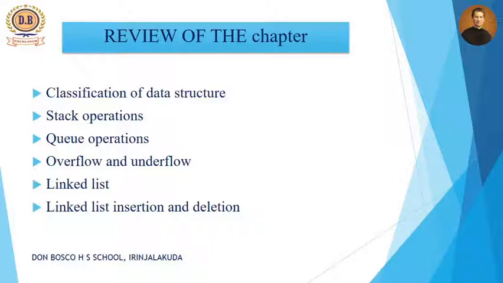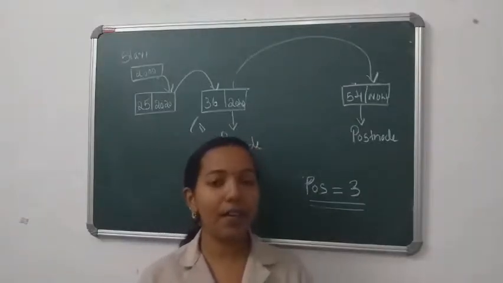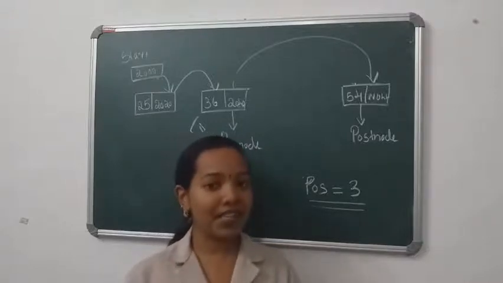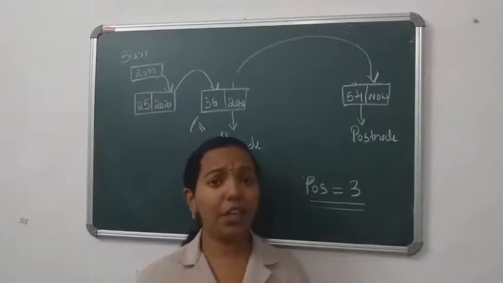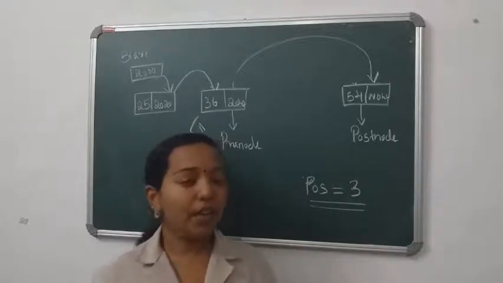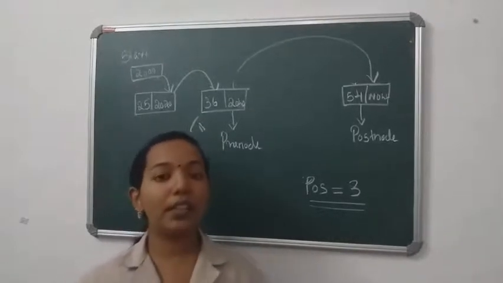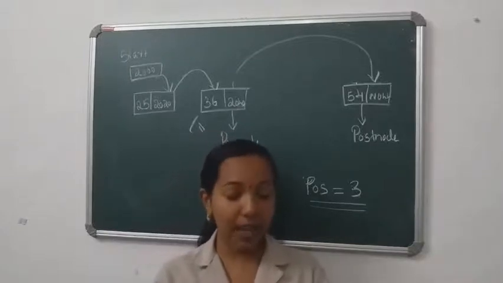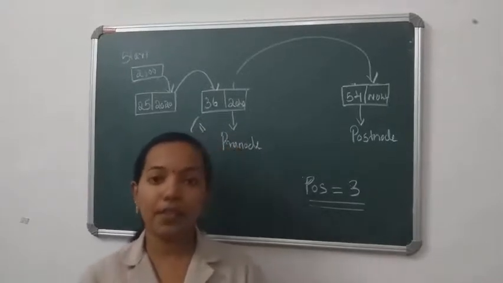Dynamic data structure means the memory allocation is taking place at execution time, and it also uses a special concept called self-referential structure. Okay, which concept are we using? Self-referential structure. All these things we learned from these videos and also from this chapter. So we are concluding chapter 3, because we already completed all the 3 data structures and their operations. By way of conclusion, I am going to repeat the topics that we studied in this chapter.